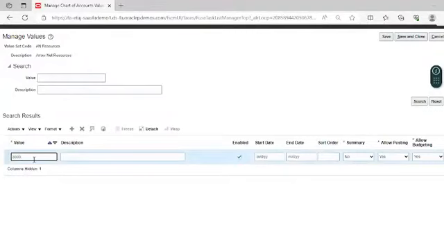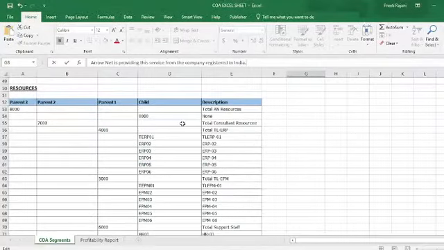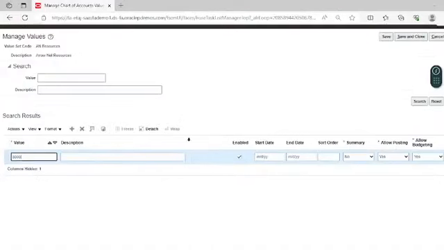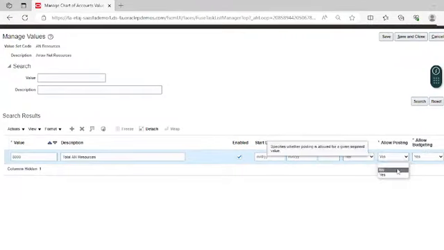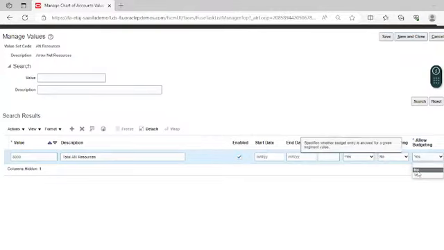Let's start with creating the parent values. At the parent level, we won't allow posting and budgeting. Posting and budgeting will only be allowed for the child values.